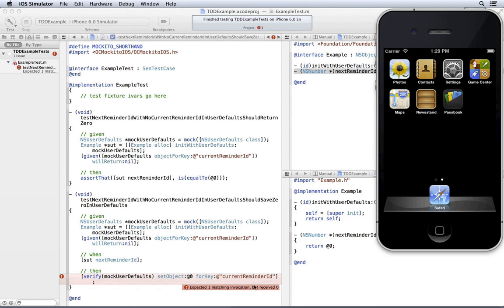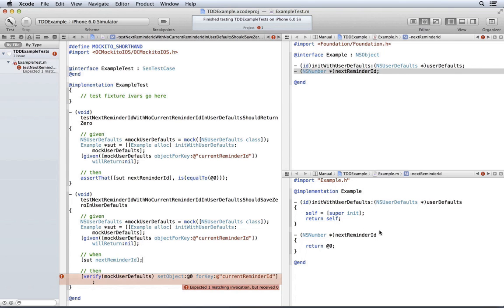So now, step 2, the simplest code that passes. Well, first we need to modify this to actually use the user defaults because we need them in here. Right? What I want is to say user defaults set object. Well, this is just going to get ugly to type.